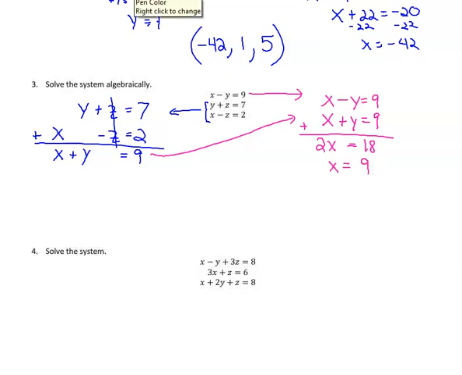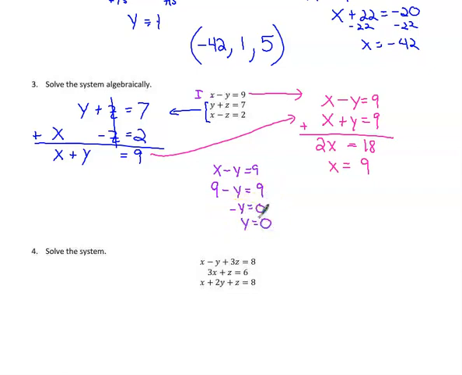So now I know the only variable I know is x, but I can go back to any one of these. Let's look at the ones that have an x. X minus y, x plus y equals 9, or x minus y equals 9, doesn't matter. I can now find out what y is. So if I put in x minus y equals 9, the original first equation they gave us, if I plug in that x, 9 minus y equals 9, subtract 9, I get negative y equals 0, divide by negative 1,